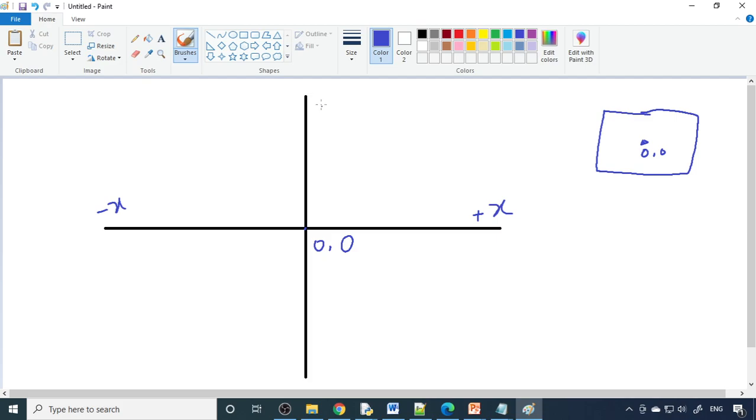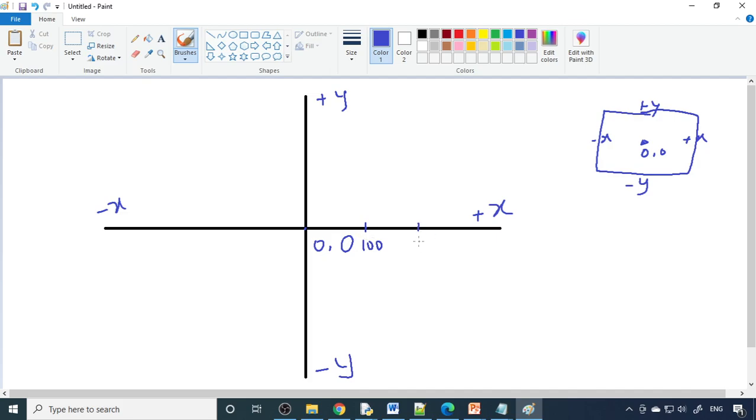In the same way, if you go up, it's a positive y. If you go down, it is a negative y. Positive y, negative y. This is how the coordinate system works. Even though there are no lines or grid marks, this is positive y, this is positive x, this is negative y, this is minus x. Then you can have a marking here: if you say up to this is 100, this is 100 pixels.